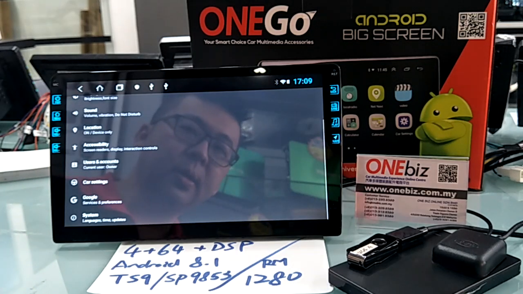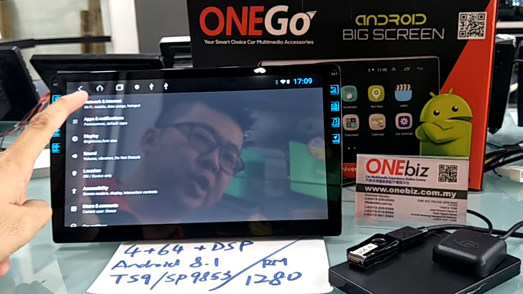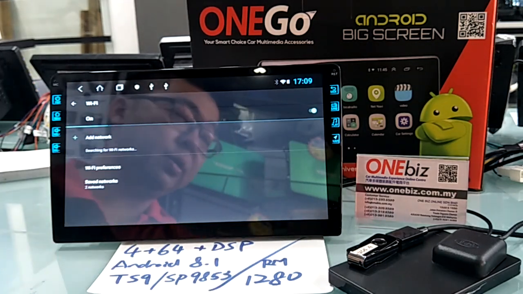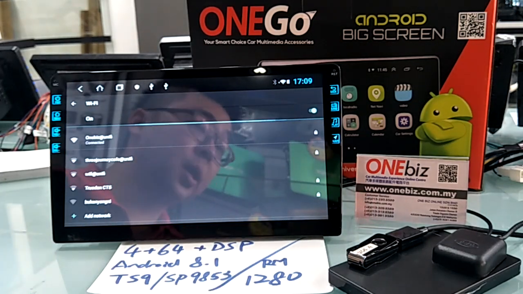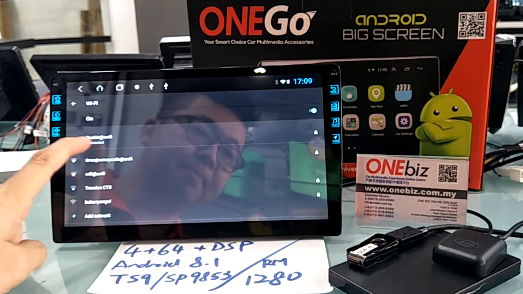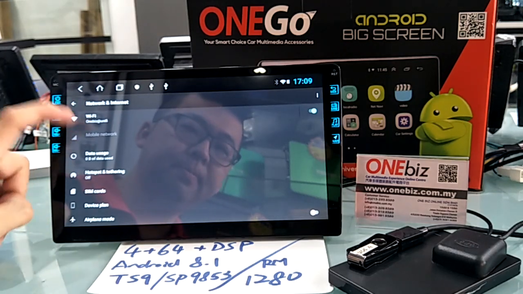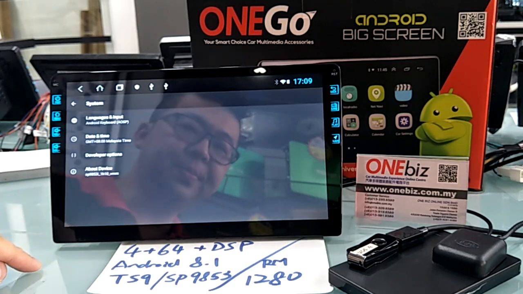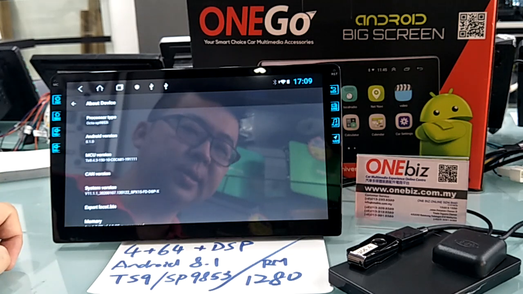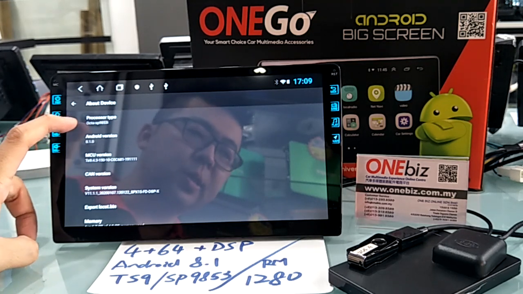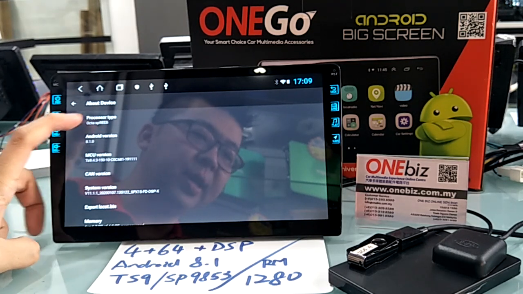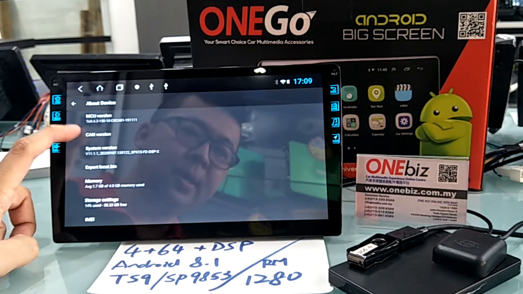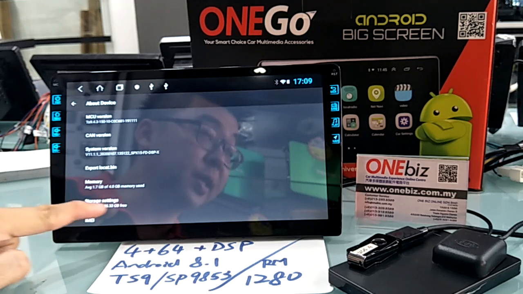Setting, network internet, turn on the Wi-Fi, pairing, connect with your phone hotspot for internet. Okay, system, about device. This is Octa SP9853, Android version 8.1. TS9, 4 gig RAM with 64 GB ROM,